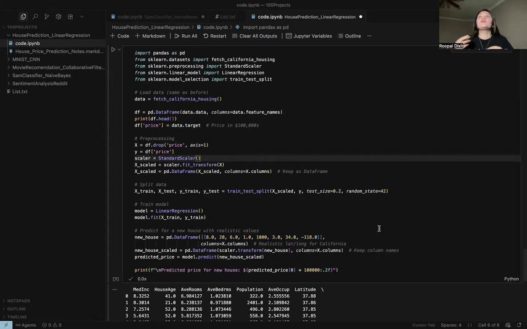For example, if you have a house with 5 bedrooms, then it will have a price of, suppose, 100K. For a 2-bedroom apartment, it might cost less. But it also depends on the location, the latitude and longitude, or the city that you're working in.